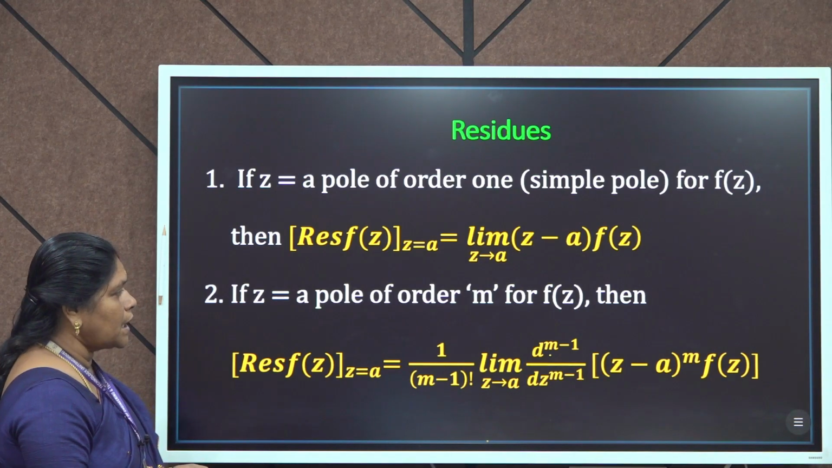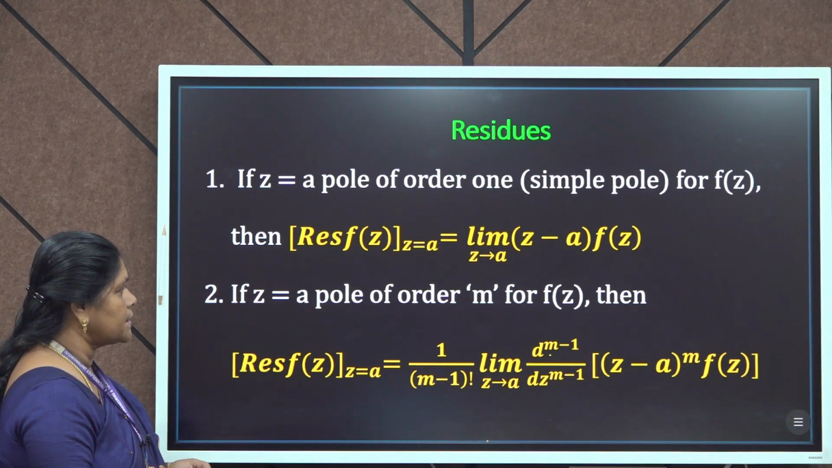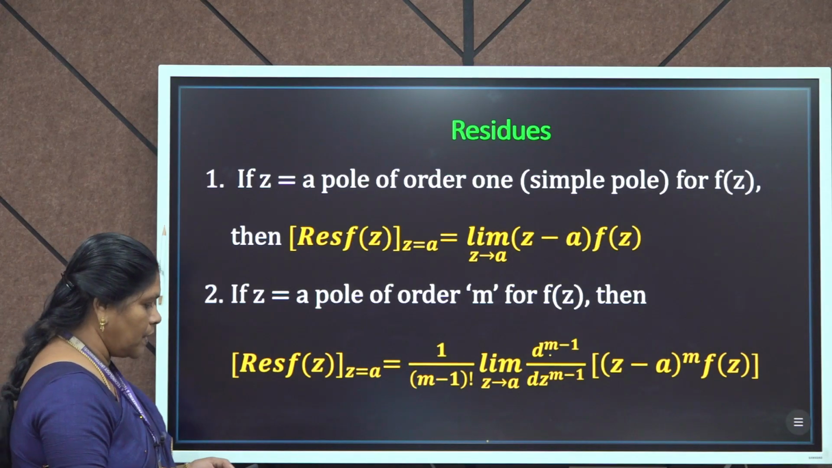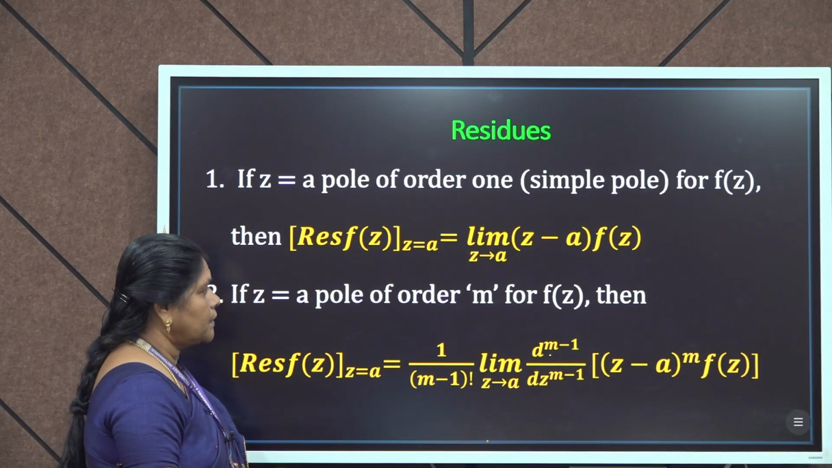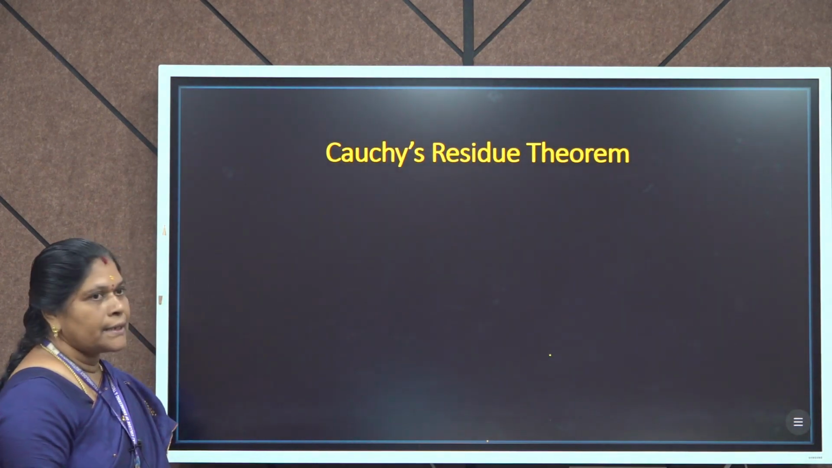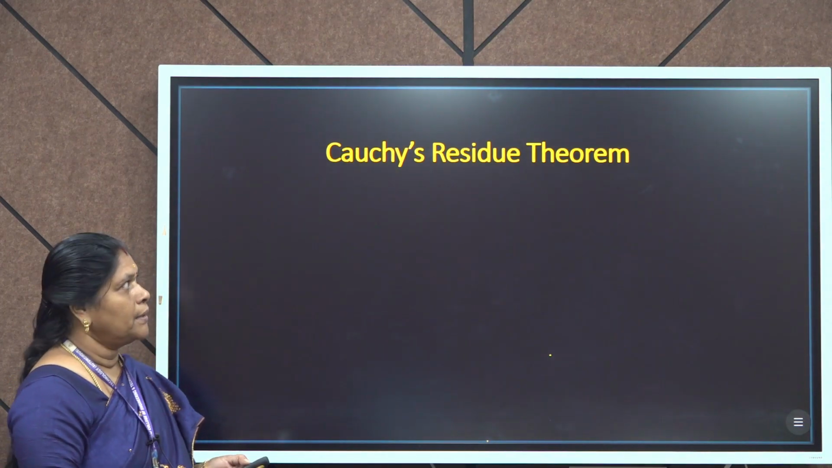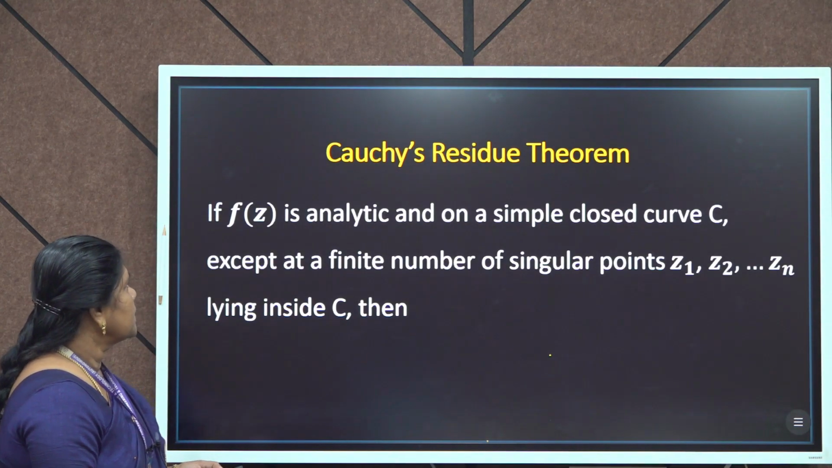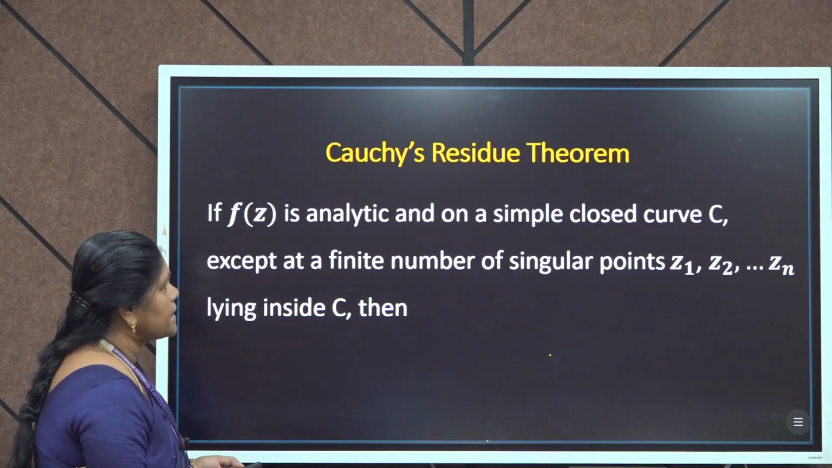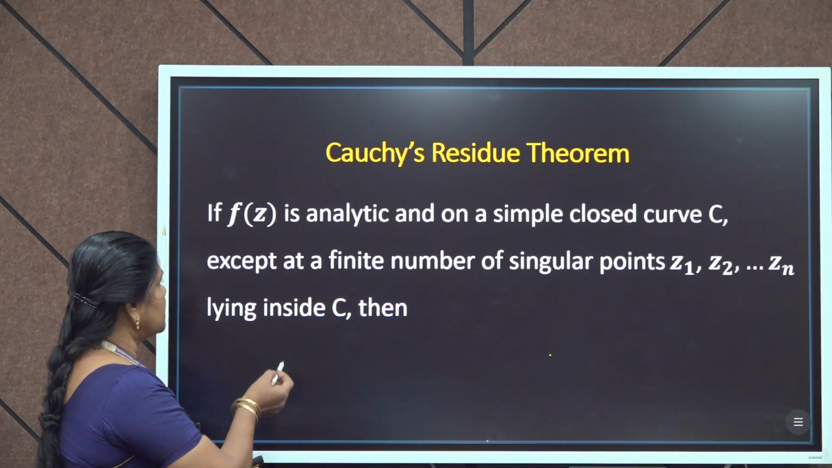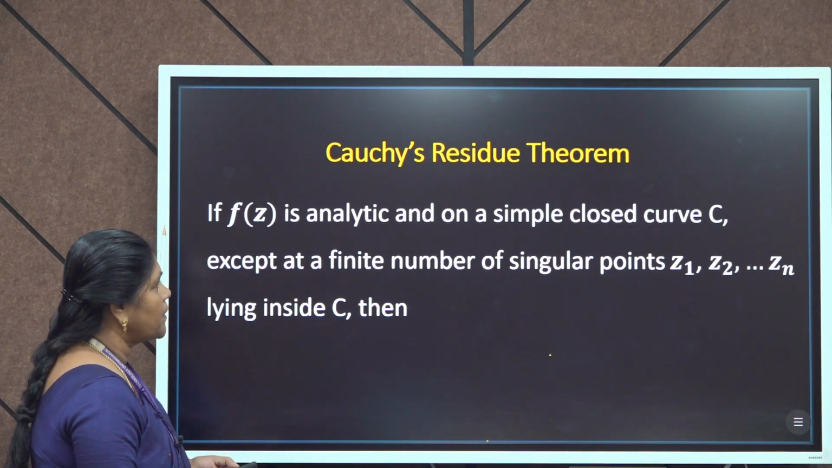When we substitute m is equal to 2, we get z is equal to a is a pole of order 2. Now let us see Cauchy's residue theorem. If f of z is analytic in and on a simple closed curve C except at a finite number of